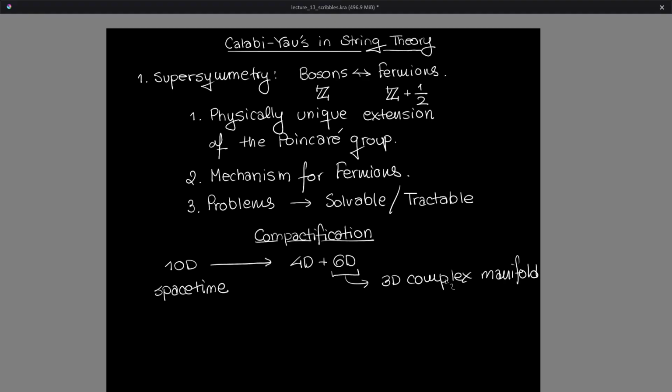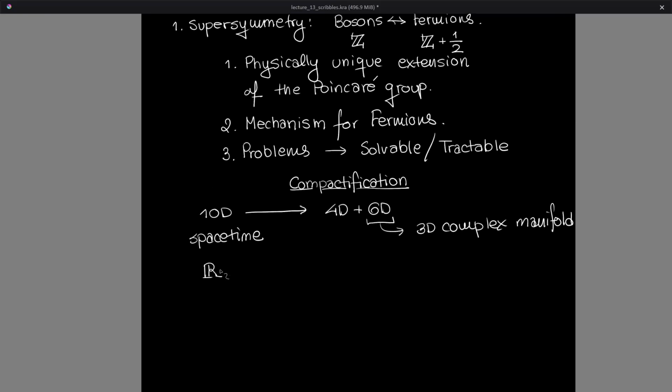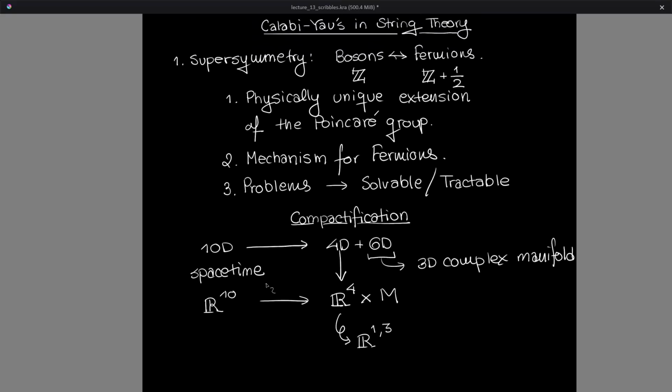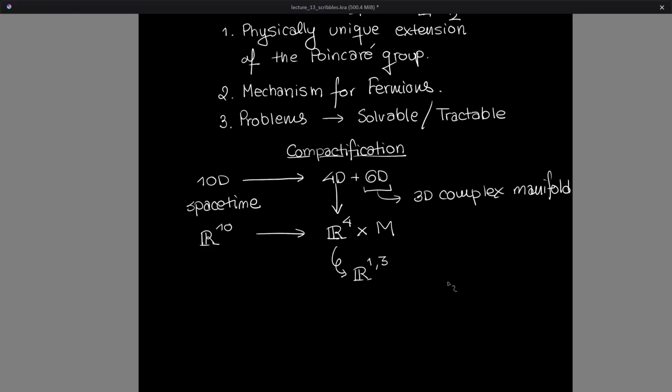So what does this have to do with supersymmetry? Well, during this process, we're taking this copy of R10 and taking it to R4, which is our 4D space that we see. The physics way of saying this is R^{1,3}, but it's isomorphic to R4, direct product with our manifold. Now, it's going to have to be a 3D manifold, so why does it have to be Calabi-Yau? Well, in order for supersymmetry to work out on this compactified manifold, if we are to preserve some supersymmetry,